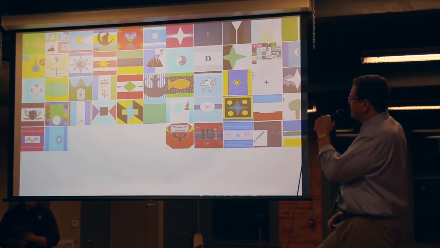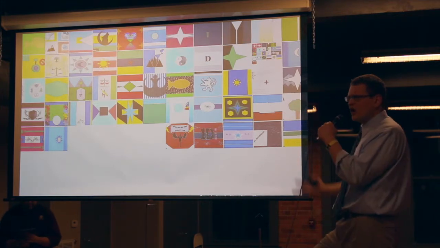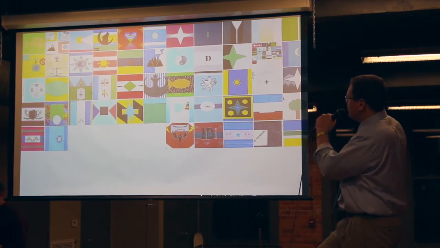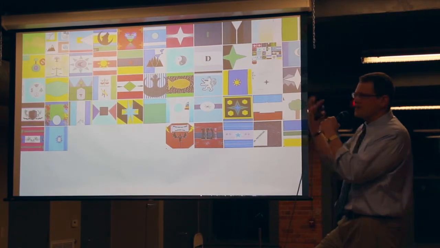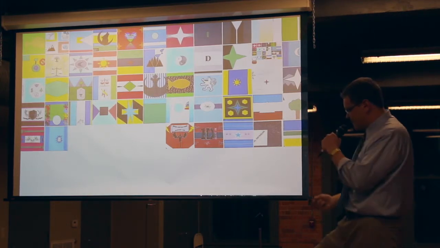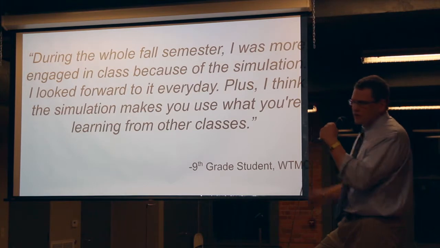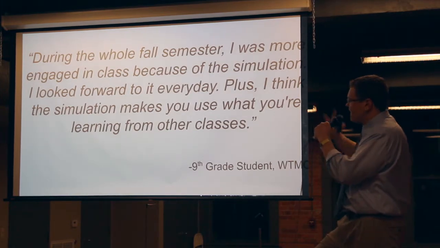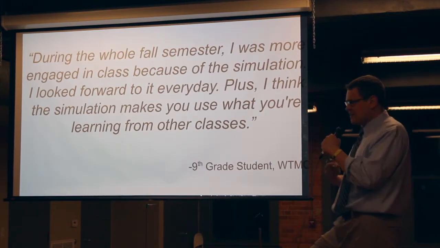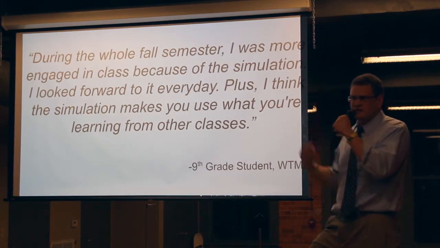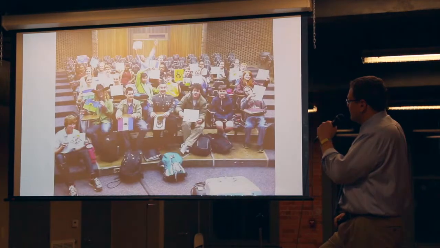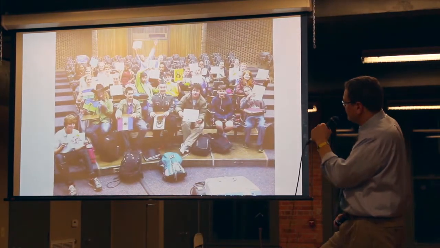From there they do cool things like make flags, right? They design a flag for their society. All this is to create some buy-in, right? This is their society. Every student creates their own. You could ask any one of my students what the significance of their flag was, and they would tell you that the colors meant something and the symbols meant something to them. And all of this, and I've got a lot of quotes from my students in here, is the engagement piece, right? It's the buy-in. It's something that made them excited. I get to put down the worksheet and go be a prime minister or a president or a dictator or whatever you want. And you can see the obligatory smiling student pics.